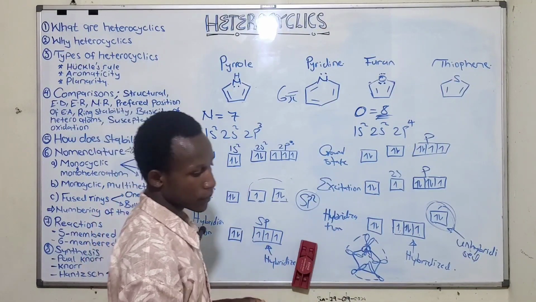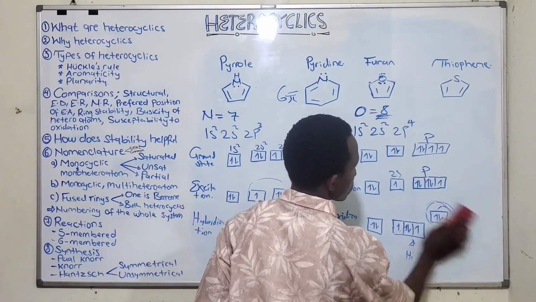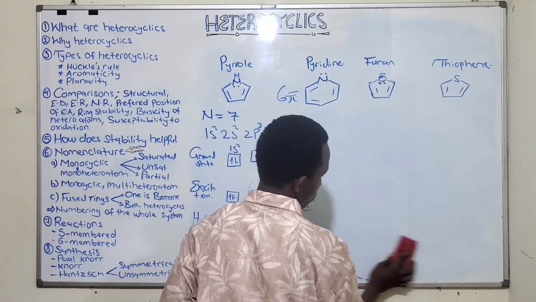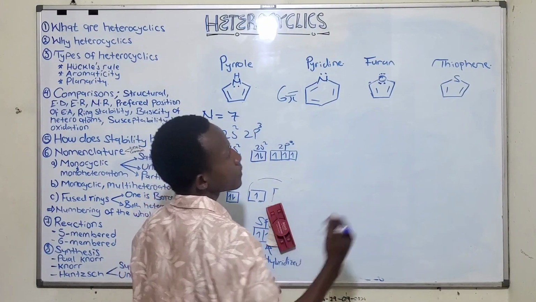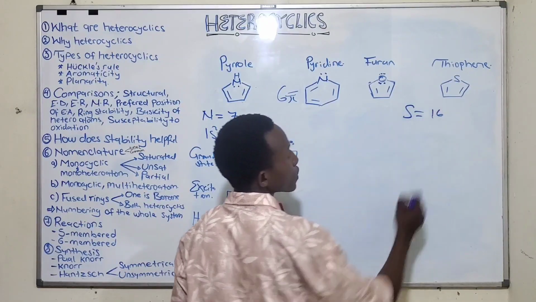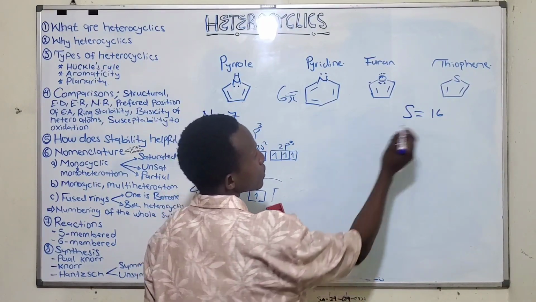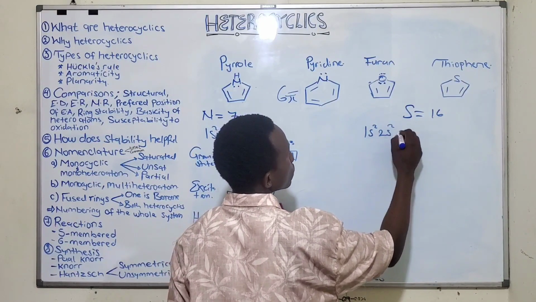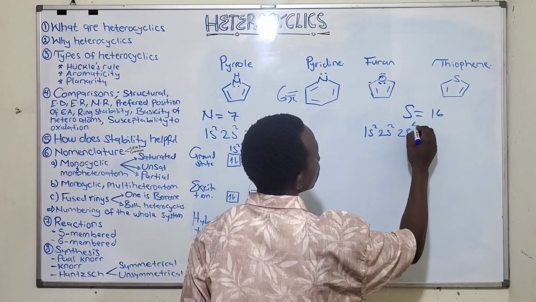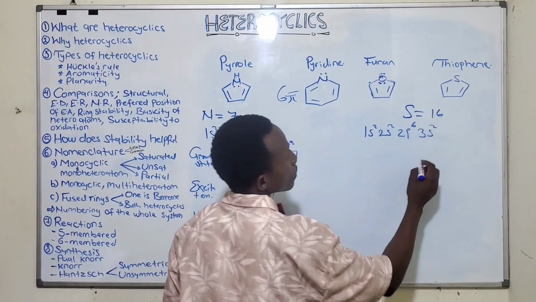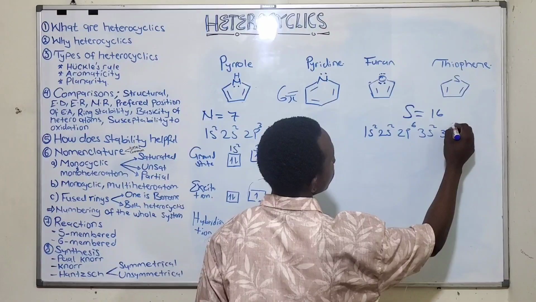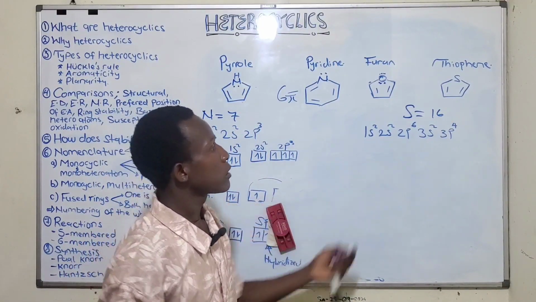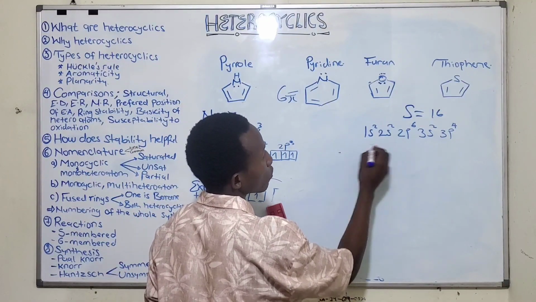When we go to thiophene, sulfur, its atomic number is 16. If it is 16, its electron configuration will be 1s2, 2s2, 2p6, then 3s2, and 3p4. So that's it. Meaning that we shall have at the ground state,